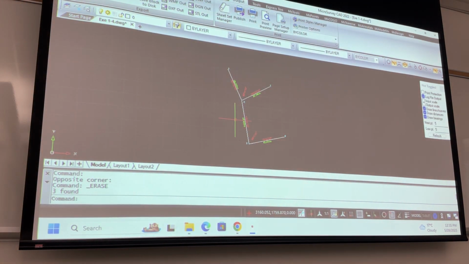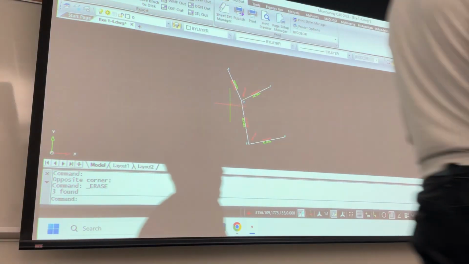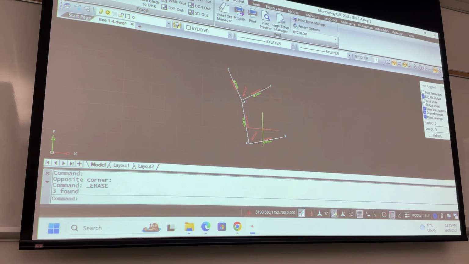How to draw the line 3 to 4, guys? If you please pay attention, I won't be able to repeat again. We'll move on. So from 3 to 4, you're going to use